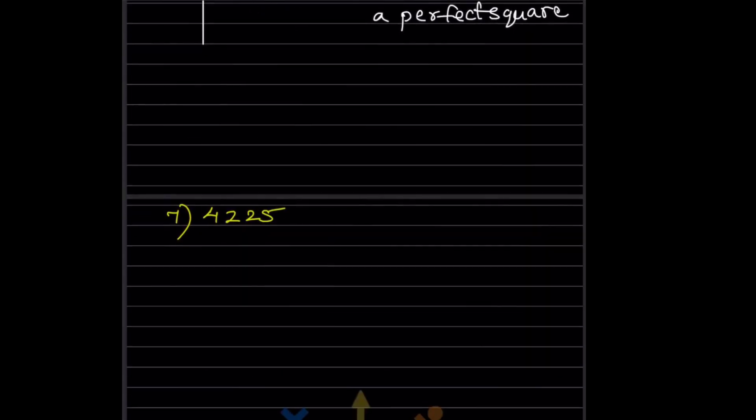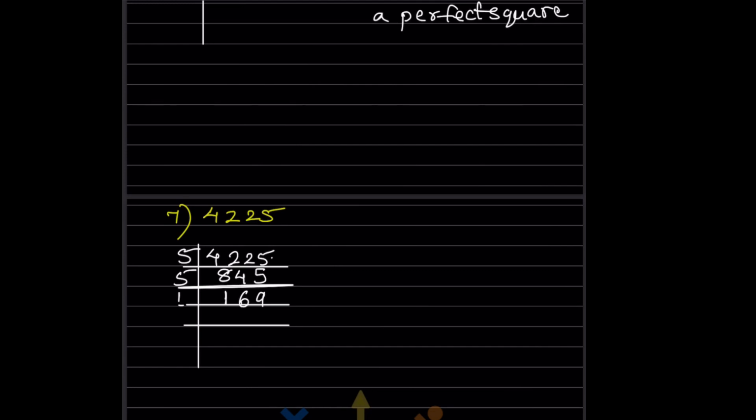Now the next one. So this will not go with 3. We can go with 5. 5 8s are 40 and this will be 5. Again this will go with 5. Now this will go with 13. 13 13s are 169. So you should know the perfect square of